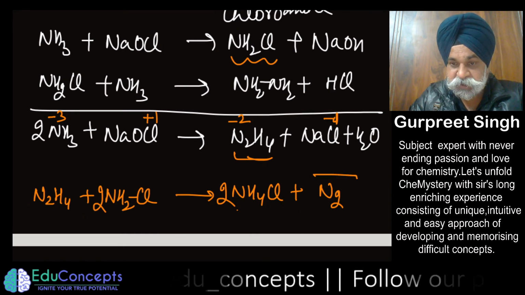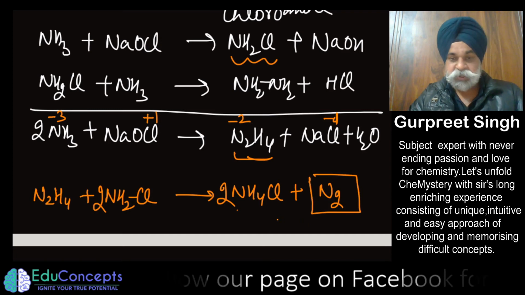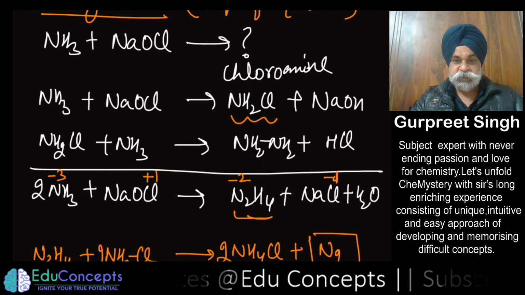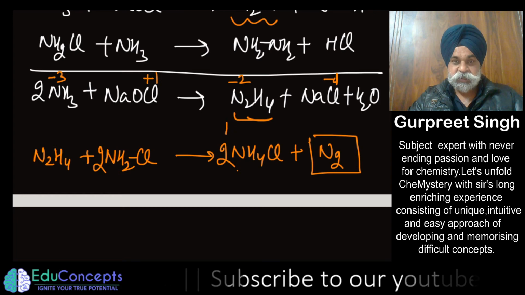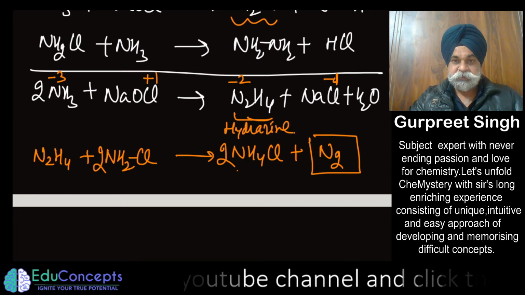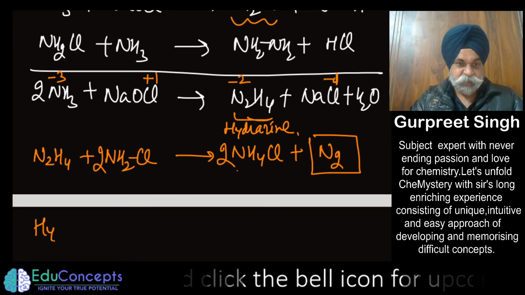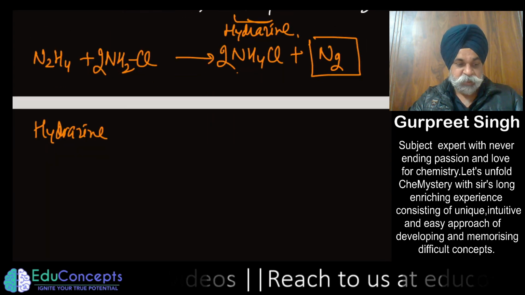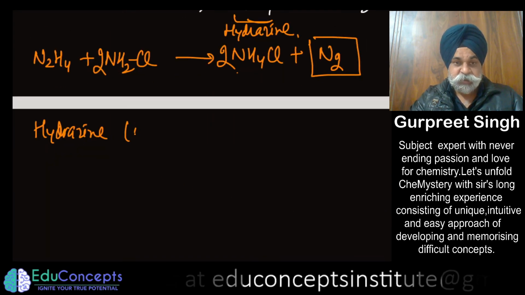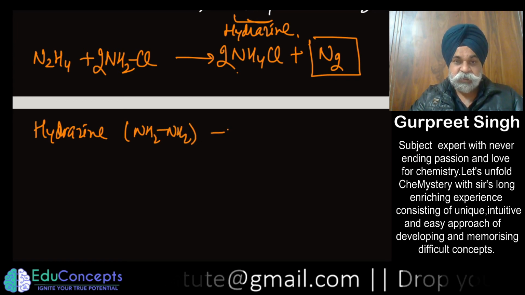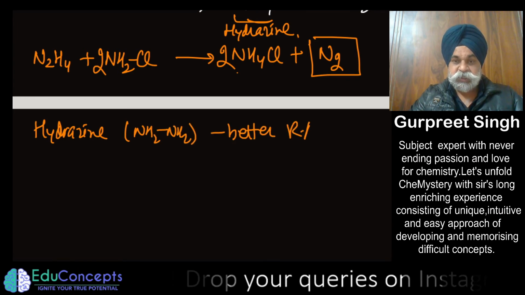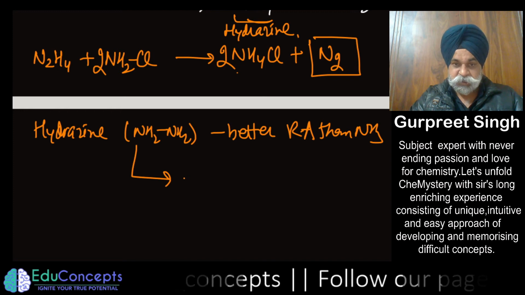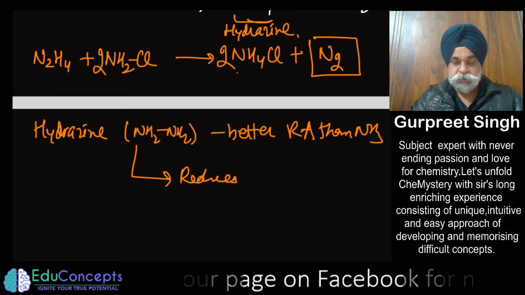So this is one of the preparations of nitrogen gas also discussed in the topic of nitrogen family. This particular hydrazine which I am talking of is prepared from ammonia. So this is very important. And this hydrazine, if I tell you in a hurried manner, is quite important. This hydrazine in fact is a better reducing agent than ammonia. And by virtue of it, it reduces KMnO4.